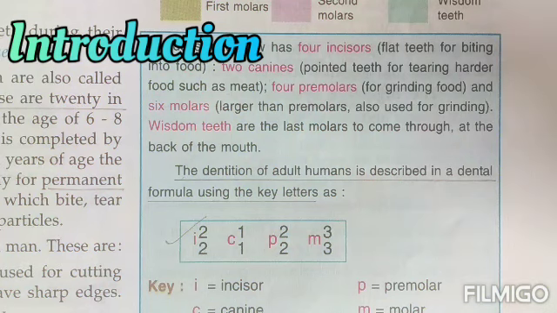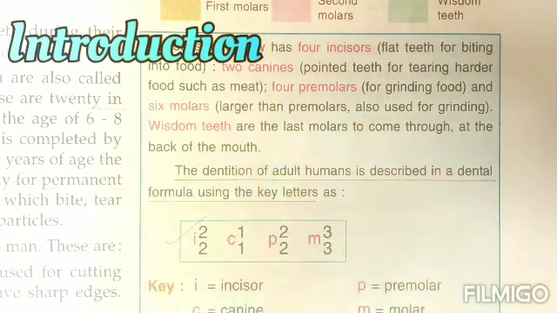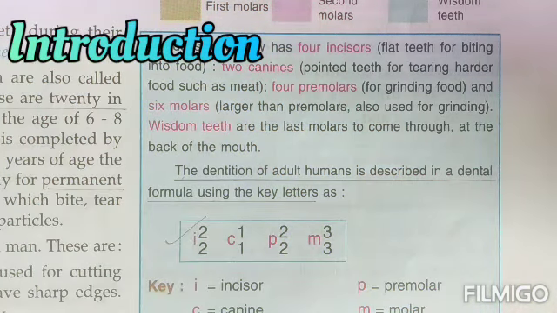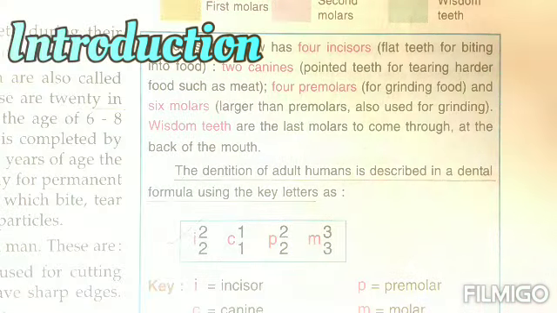This is class 6 bio lesson 4, digestive system, that we are going to continue. Now if you remember, in my last video children, I had already explained to you about the various kinds of teeth that are found in our mouth. Today we are going to see the dentition and the dental formula, right?